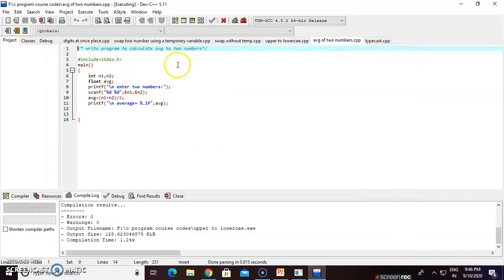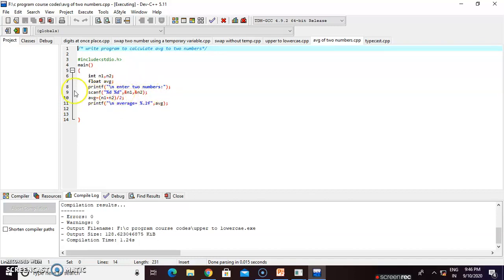Write a program to calculate the average of two numbers. As usual, #include <stdio.h>, int main. In the main function, take two variables of integer type, n1 and n2, and one variable avg of float data type. Enter the two numbers, scanf %d %d, &n1, &n2.